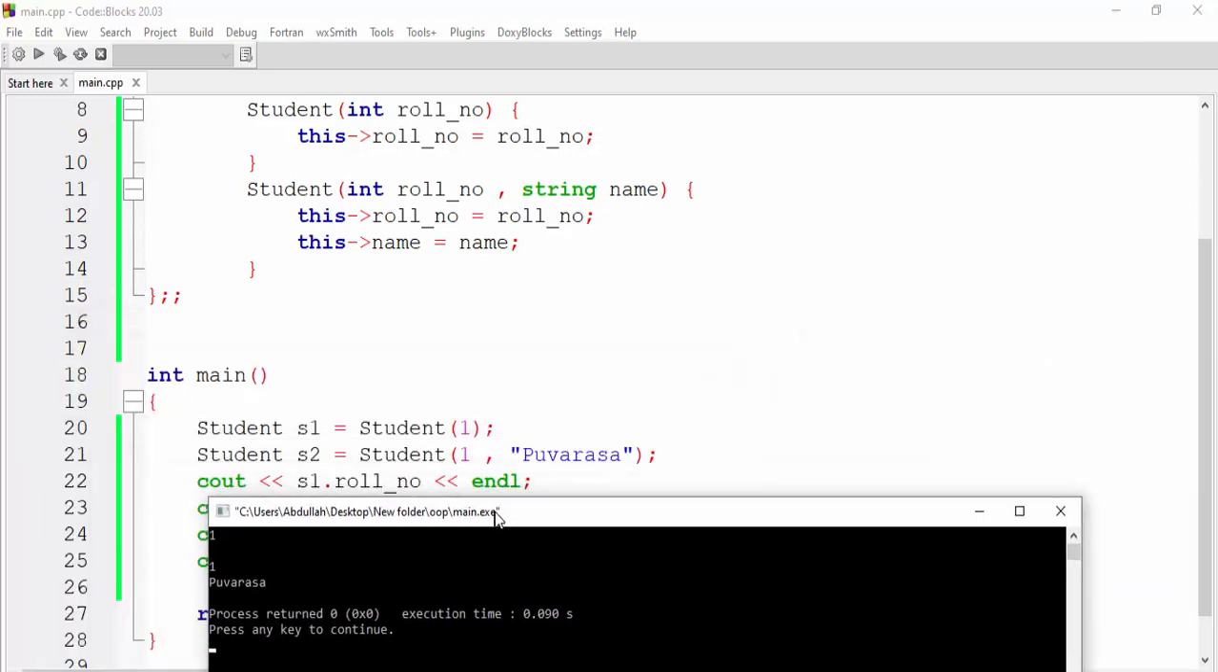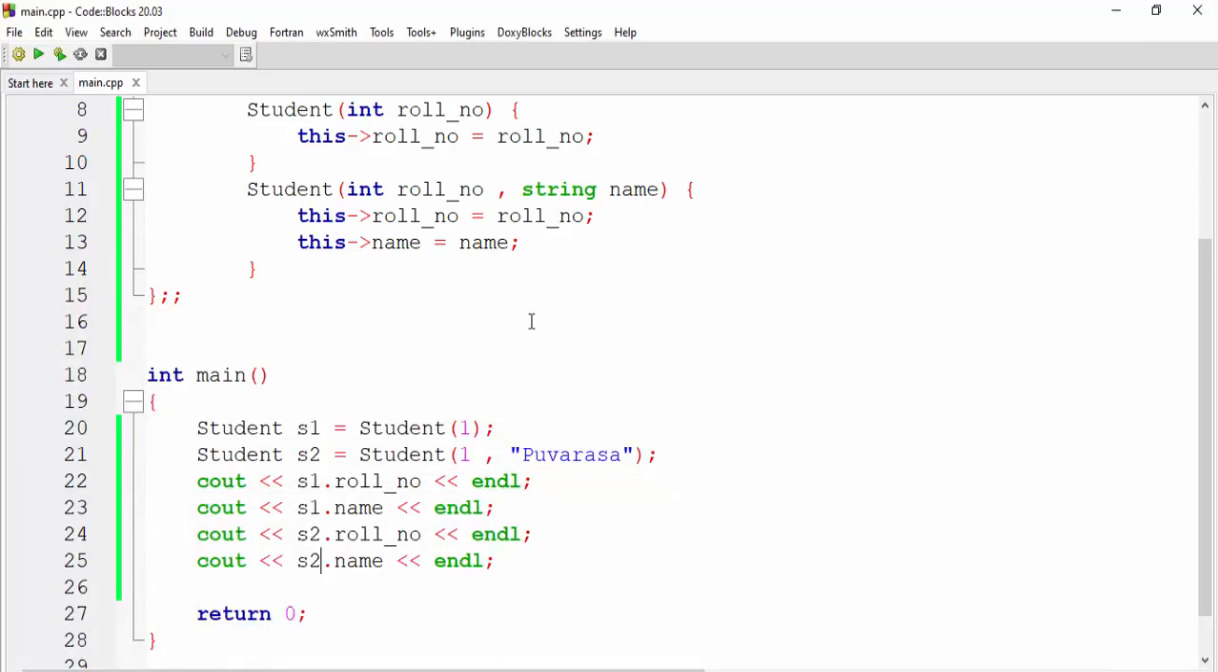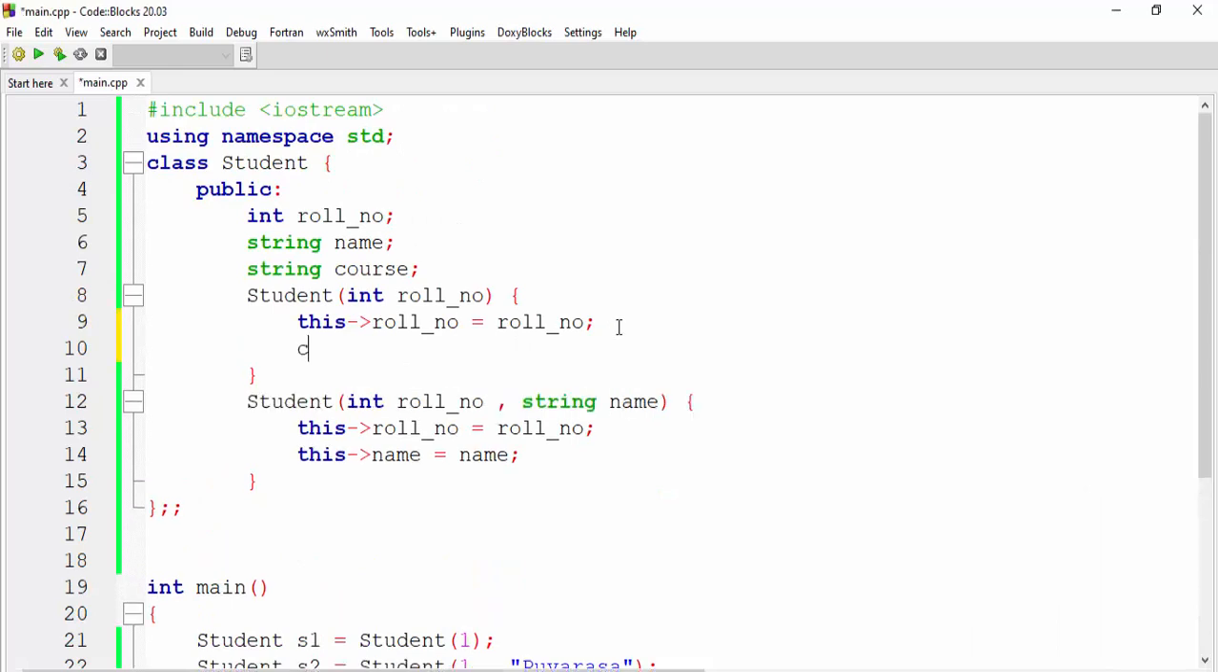So now it is calling this constructor. Now let me go here. Now what I will do, I will say cout I am first constructor